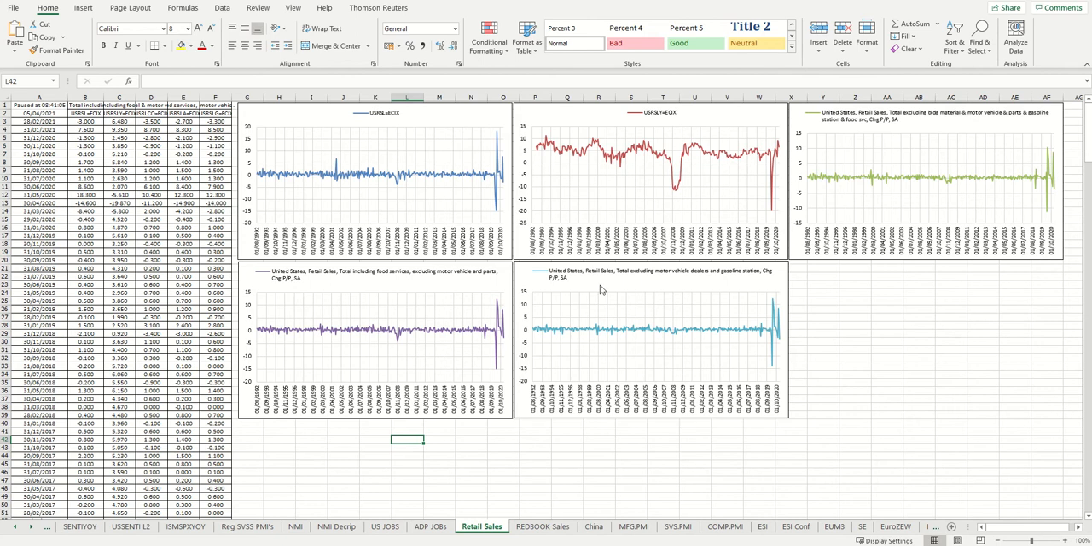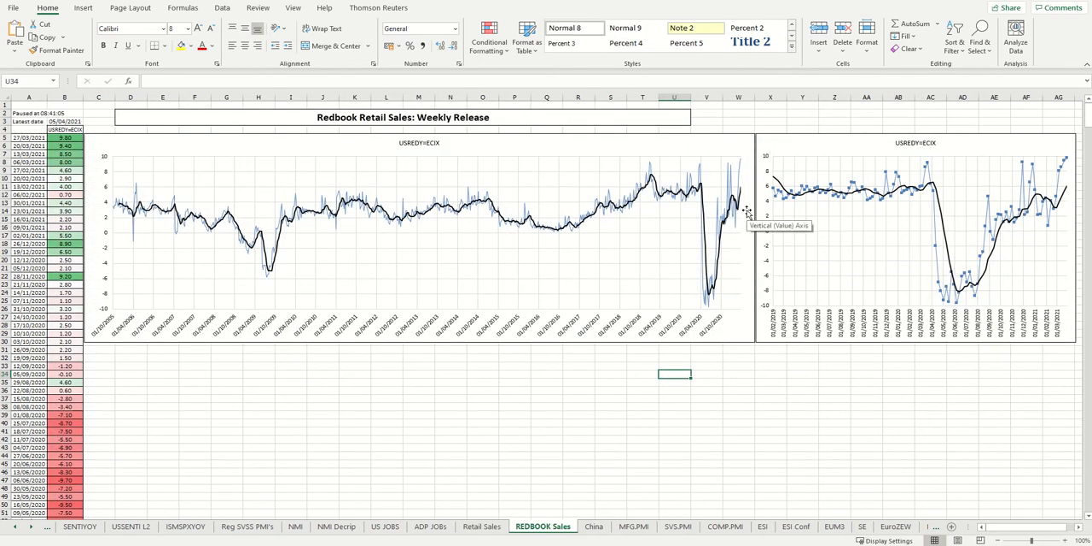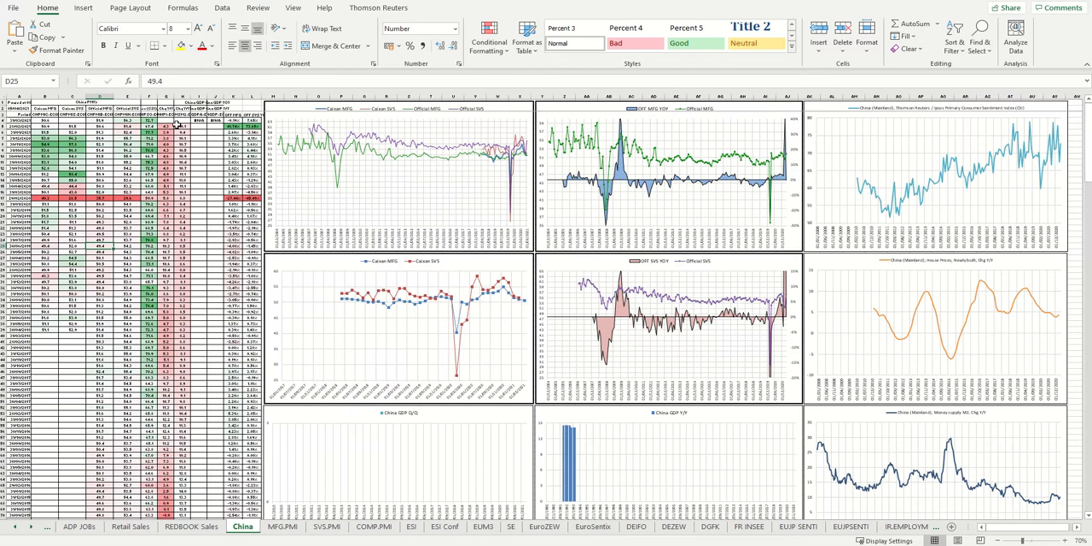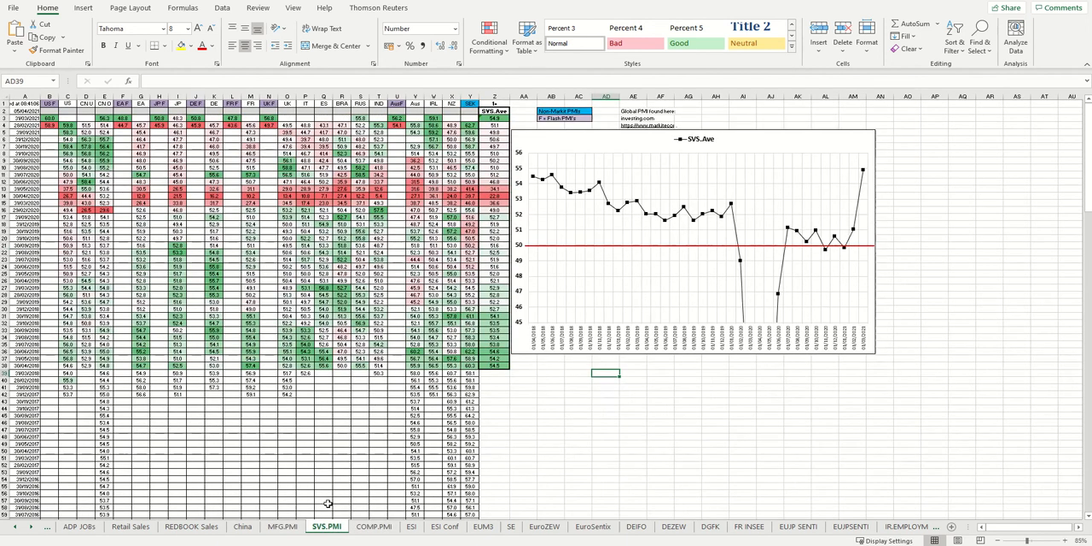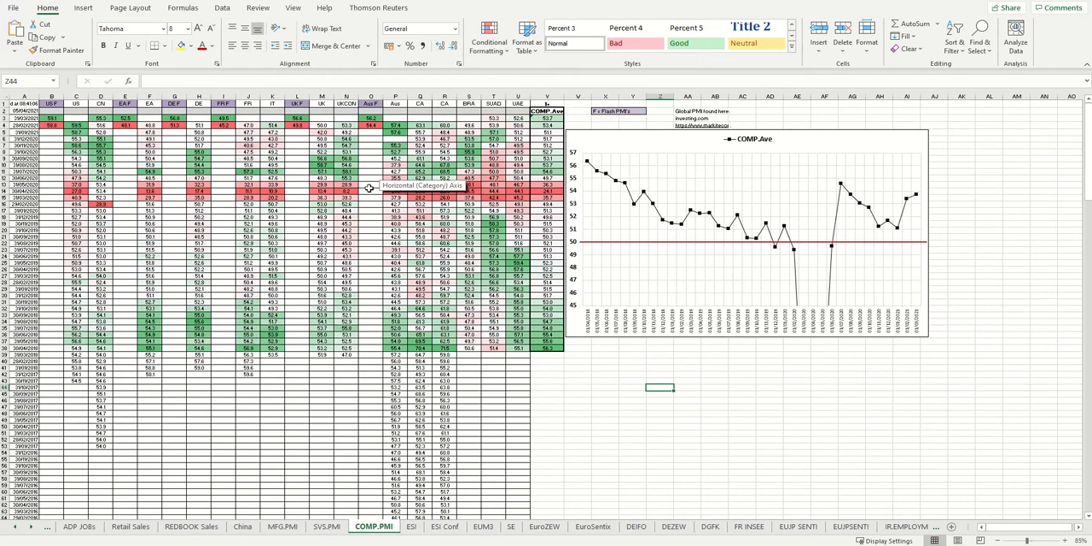Retail sales in general, but I prefer the Redbook because it comes out weekly, and again you can see it follows the business cycle in its ebbs and its flows very nicely, so that's always a good measure. The little China data that's out there, all here as well. All the global manufacturing PMIs here, and then an average of them in one chart. Same with the services, same with the